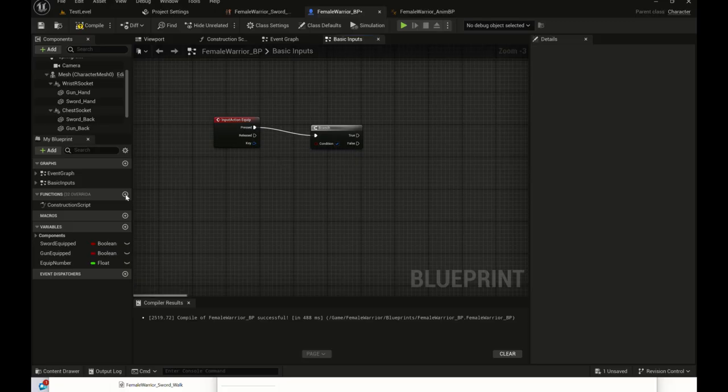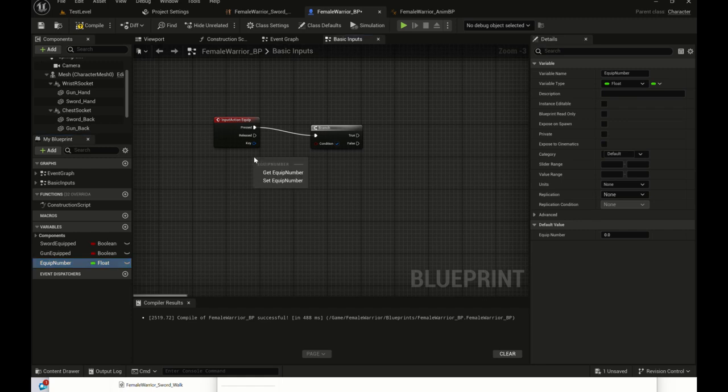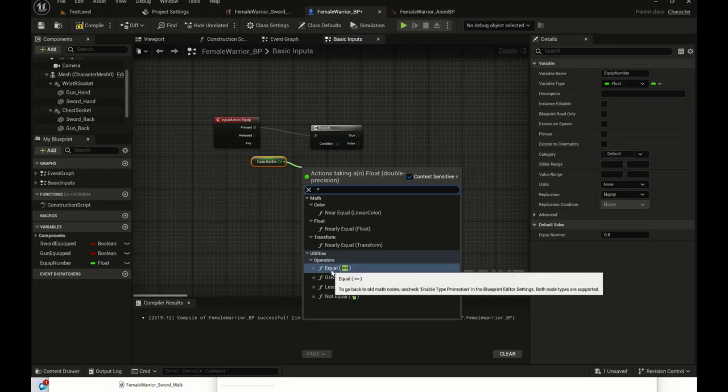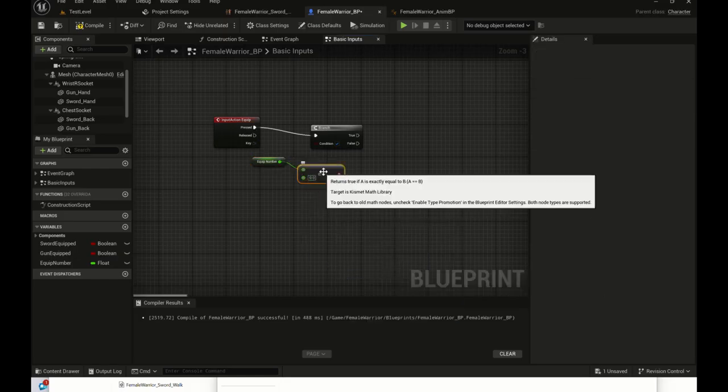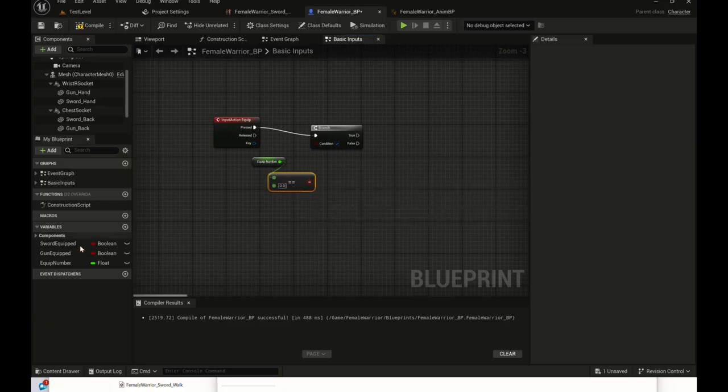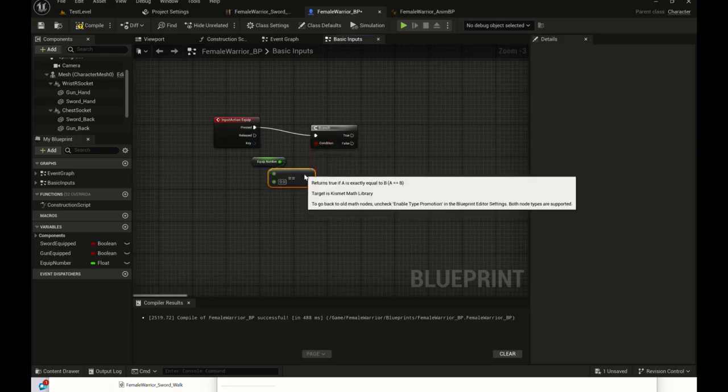So the condition that we want to check is if this equip number is equal to 0, which it should be right away, because by default both of the weapons are on the back, and this equip number has to be 0 if that's the case. So if this is true,